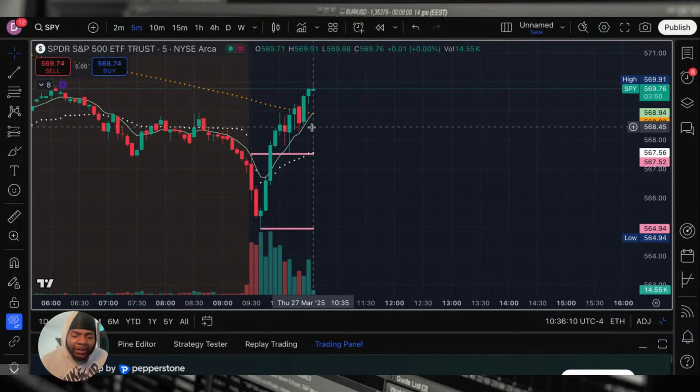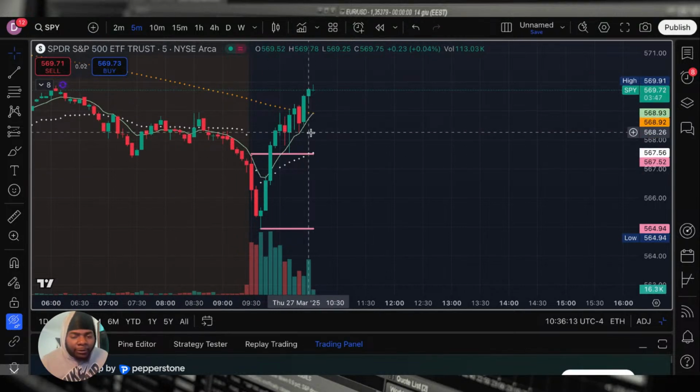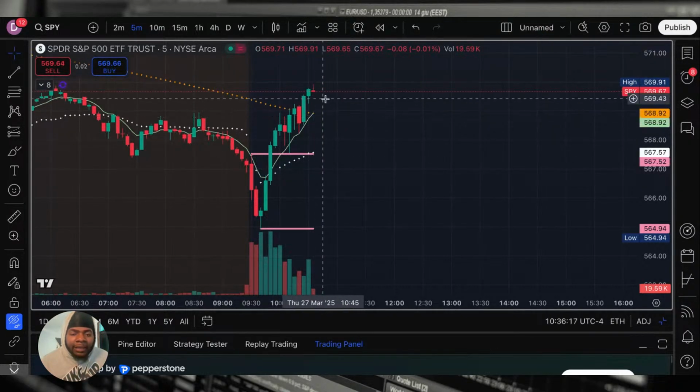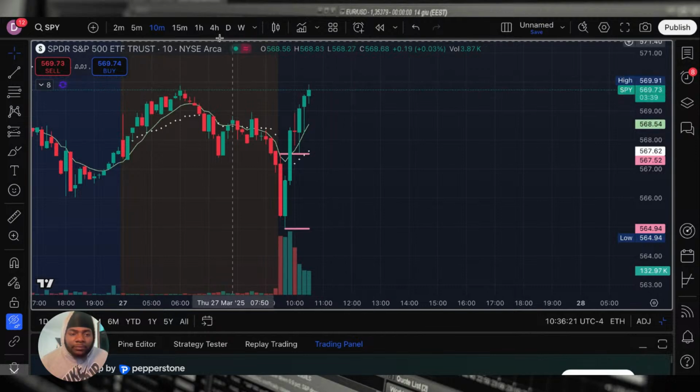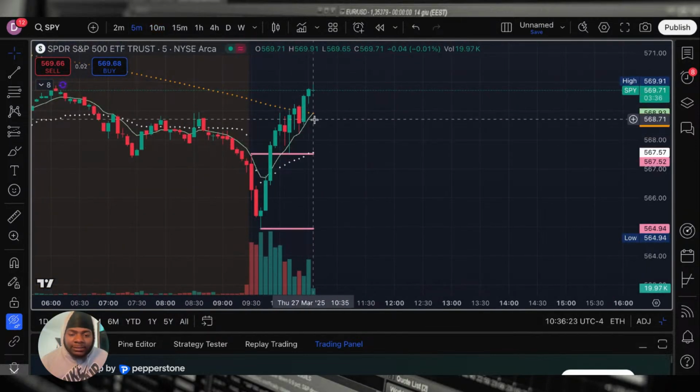So I know if we come back under the 9 EMA, we're probably about to pull back, or it's probably about to be a reversal. So if we stand above that 9 EMA, I'm cool. I'm sitting chilling. That's what the 9 EMA does. I just use it as a guideline.